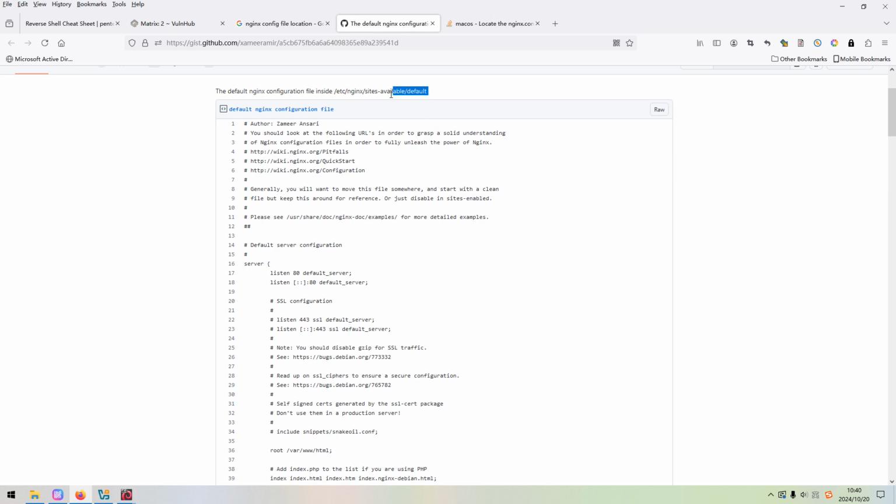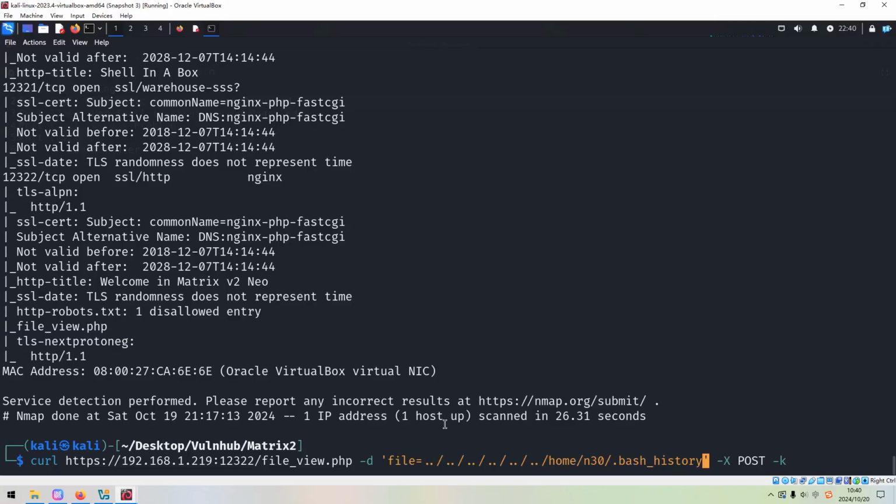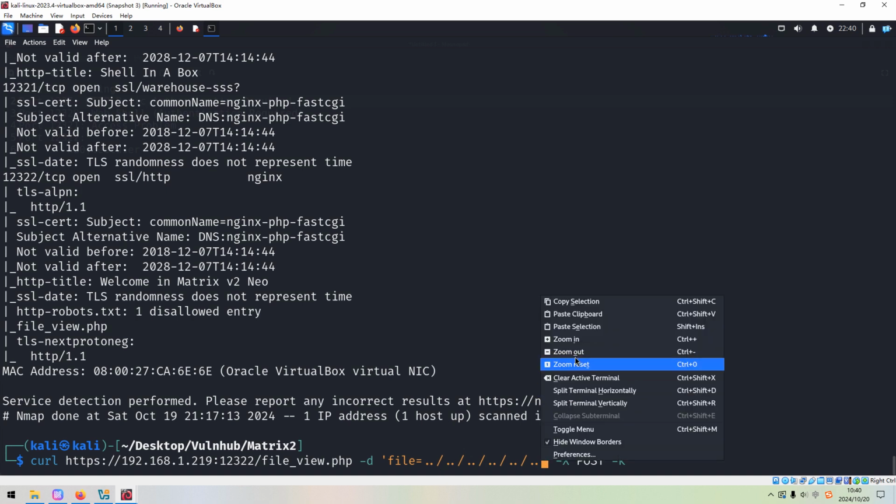So maybe in this one. We can check whether we can access or retrieve this configuration file for Nginx. Paste in here.